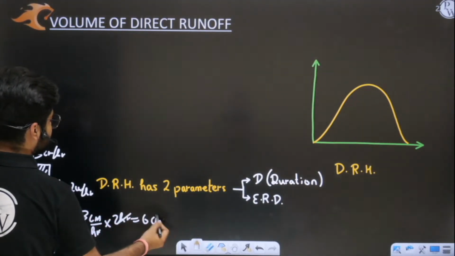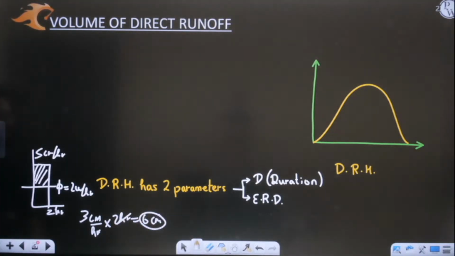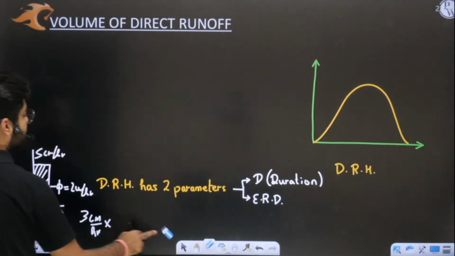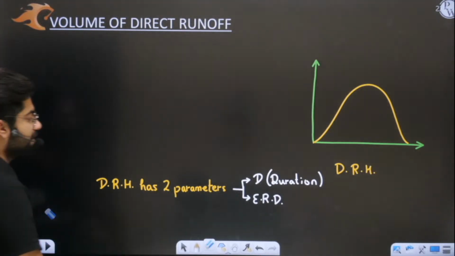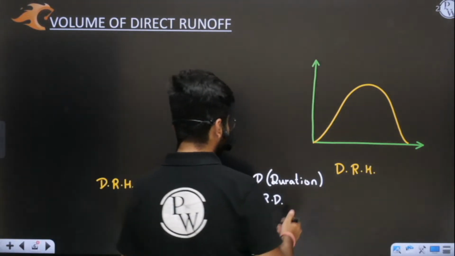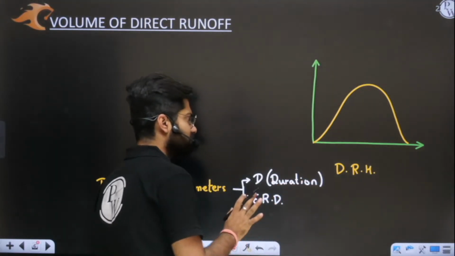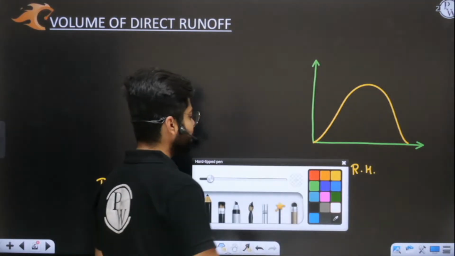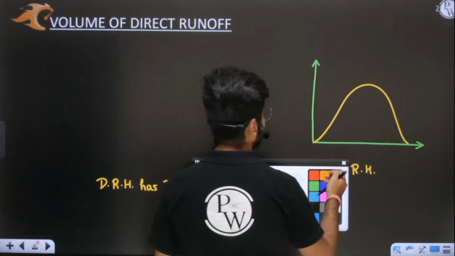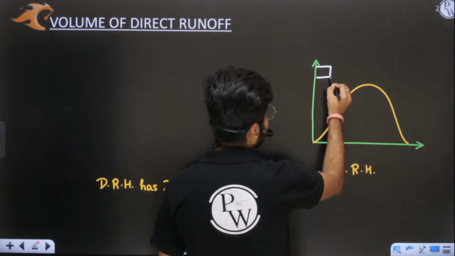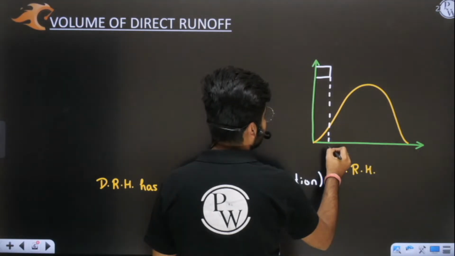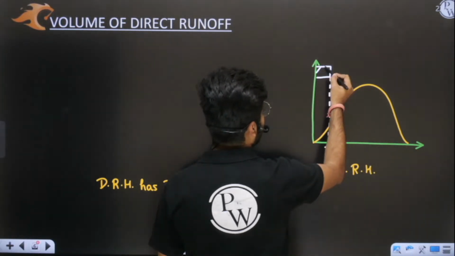So total 6 centimeter rainfall we have as excess, which will be running off, which will be resulting in quick flow. So effective rainfall depth or direct runoff depth, both things are one and the same. So I will draw it here. See this excess portion, you have already told me this excess portion will be drawn here, in which this will be indicating the duration, and the area of this bar,